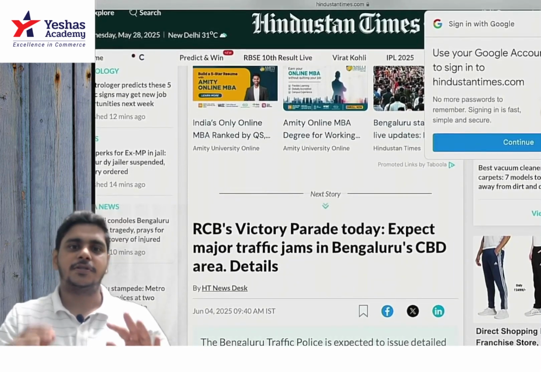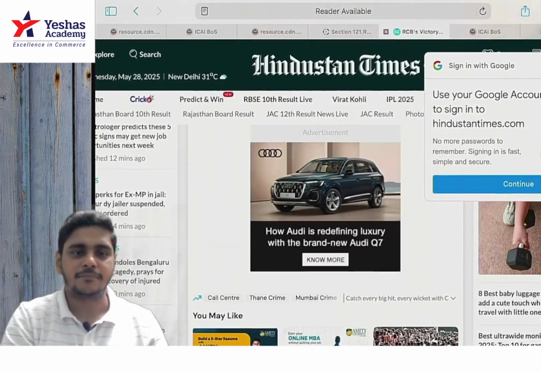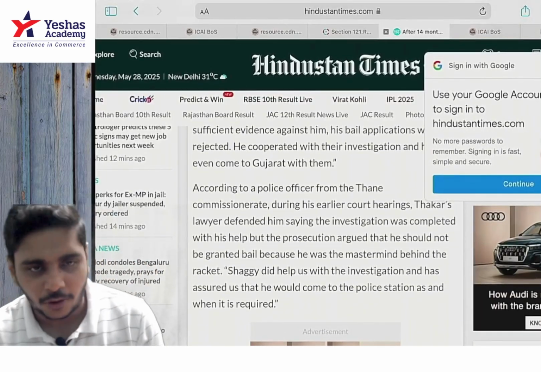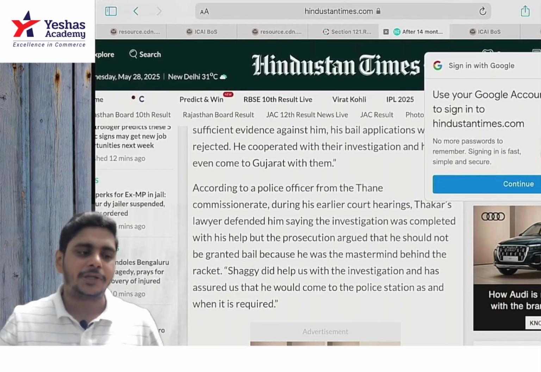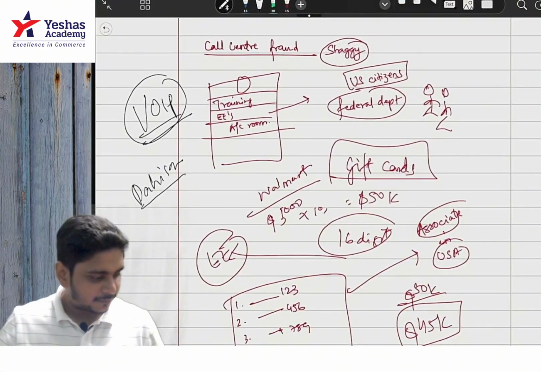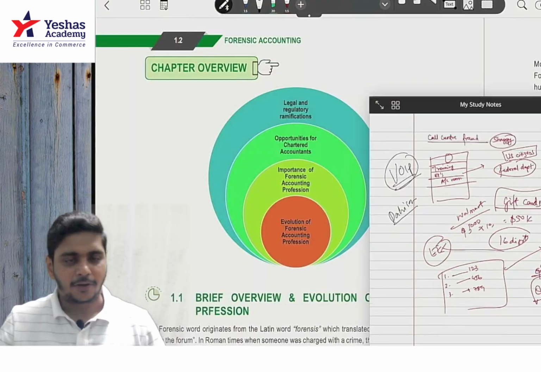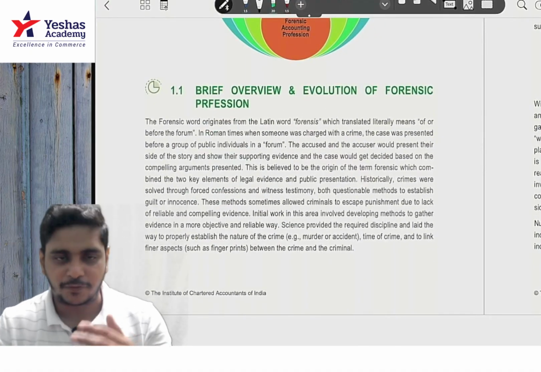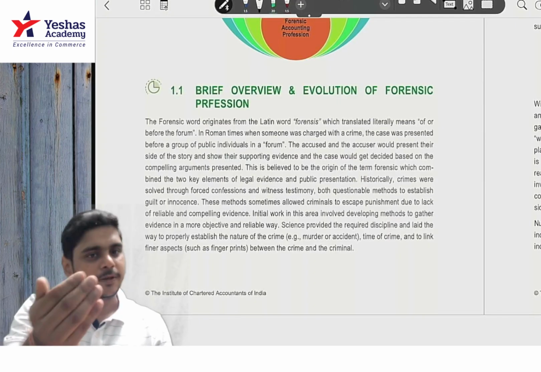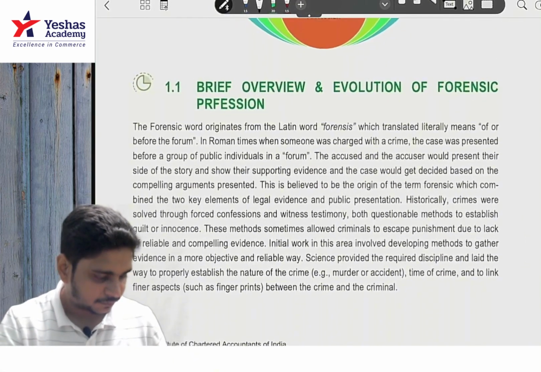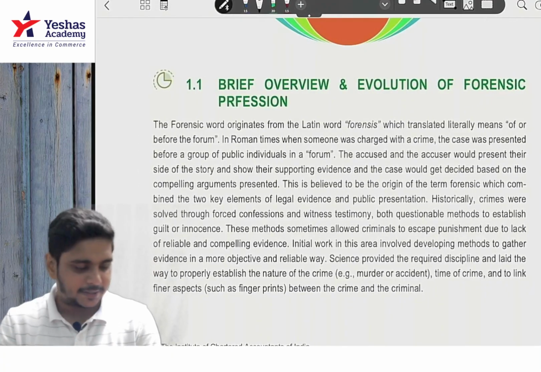Understood? So this is basically the job of the forensic accountant. So all this fraud we will be learning, and how you detect it, we'll be learning in this syllabus. Okay, understood the background? So please take a pen or a pencil in case you have a hard copy of the book. In case it is not there, please, before watching the lecture, take a printout of the PDF from the office. We need to mark something because it's an MCQ based exam.